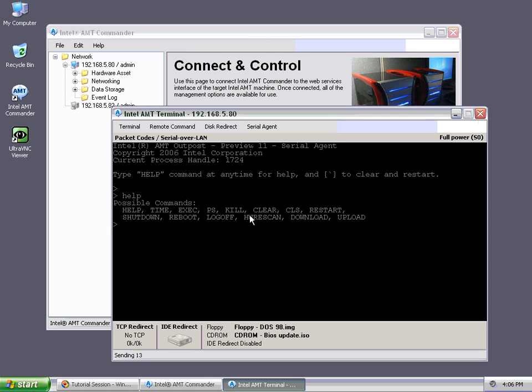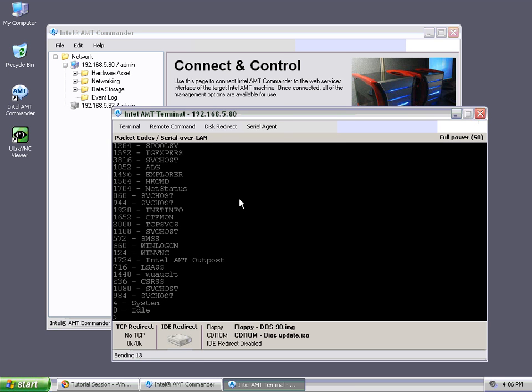Now, what's interesting is that Outpost binds to the serial port of Intel AMT, and I'm connecting using Intel AMT to the console here. This prompt will work even if all the network adapters are disabled in the Windows OS. So I can go into Windows on the AMT machine, disable all the Windows adapters, and then I can still get this prompt, and I can, for example, use ps to enumerate all the